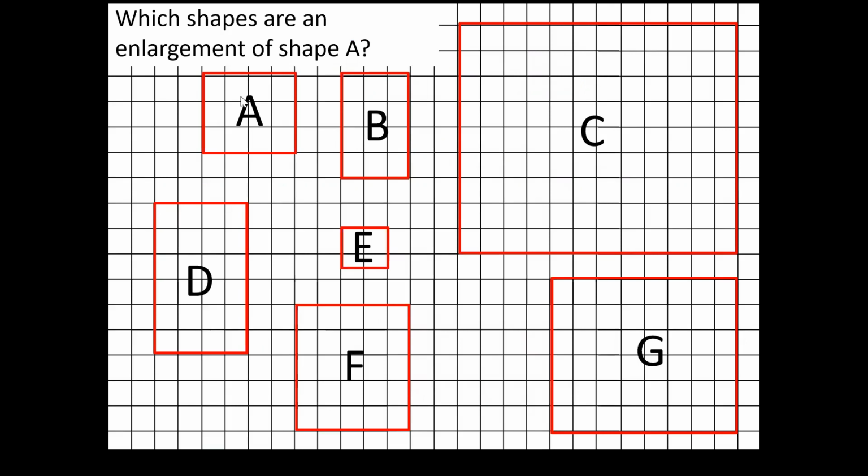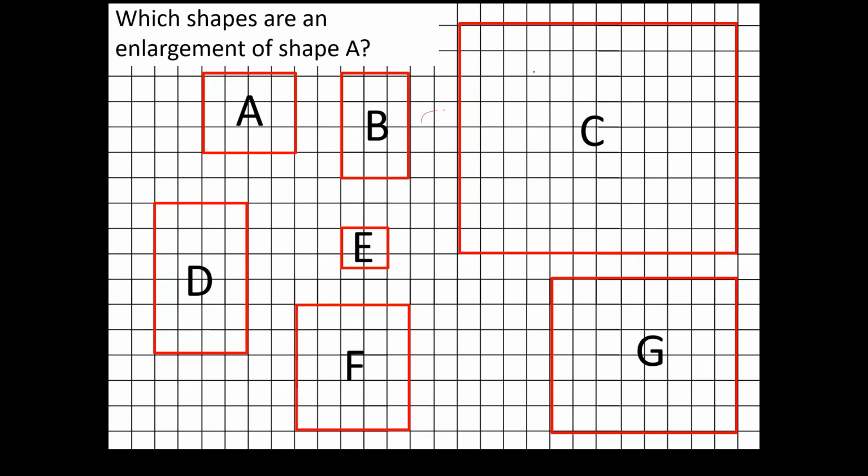So shape A is here. It has 4 squares on the horizontal and 3 squares on the vertical line. So we check which one has the ratio of 4 and 3 from these figures. Here we see that C is the figure with 12 units